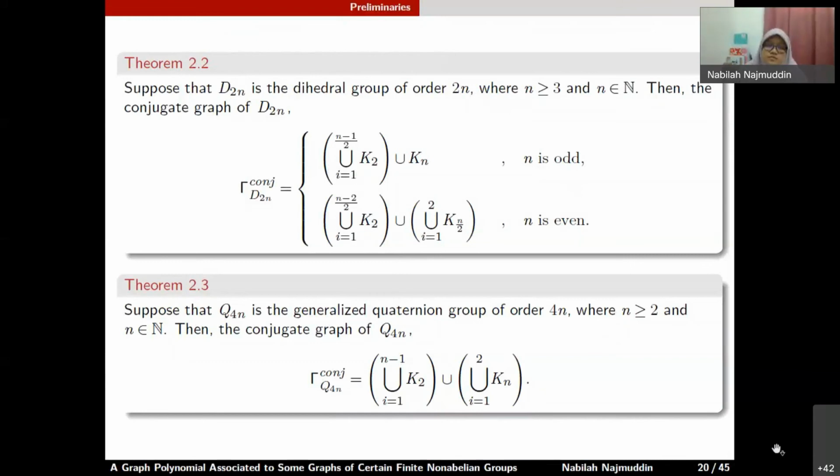So what are the applications of these studies? Why do you look at the conjugate graph of it, and from there, what information do you want to get about the group? I actually was trying to compare